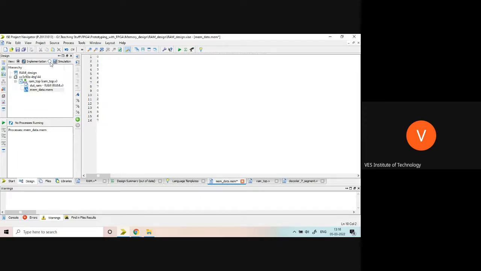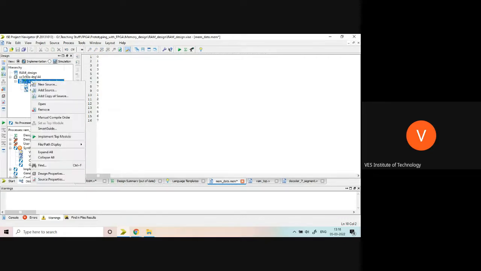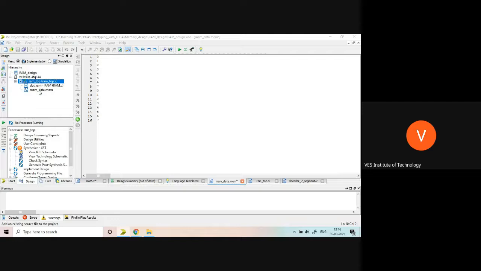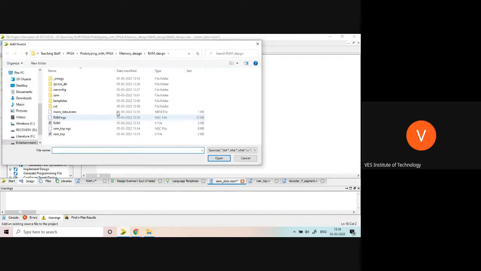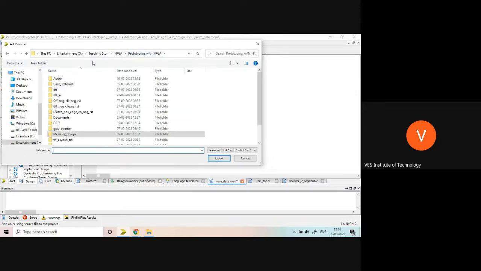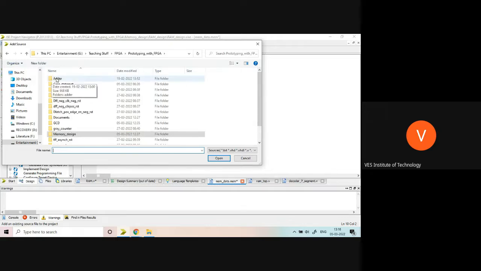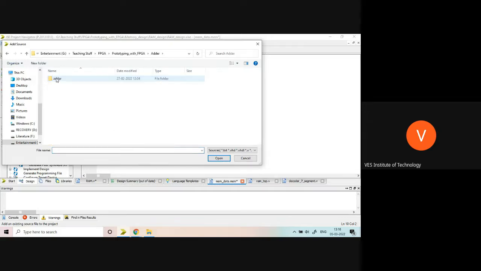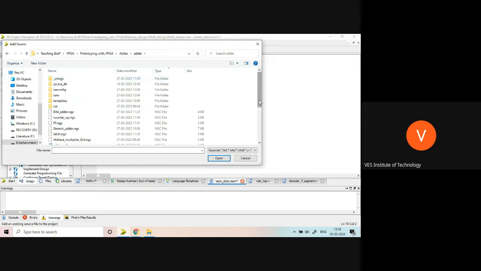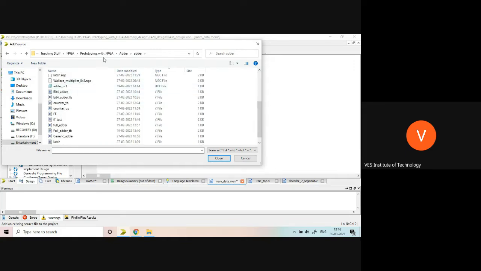Okay. Let's download it onto the FPGA now. So for that, what we have to do? We have to add a UCF file. So we already have a UCF file. We will use the same UCF file. We already have one UCF file in my design, so I will use that UCF file for all other designs.